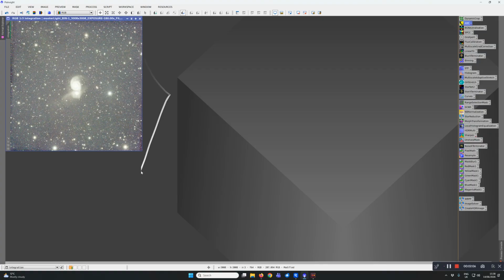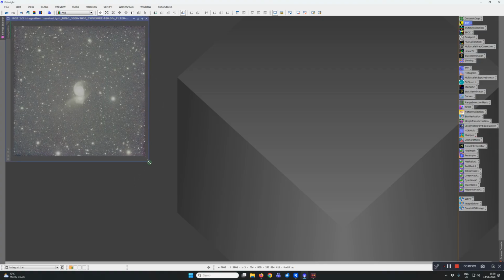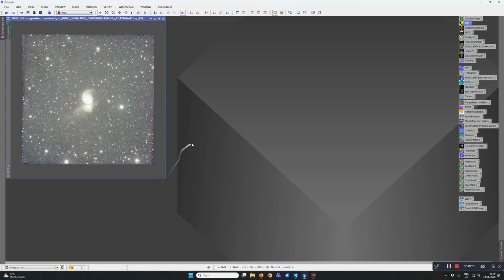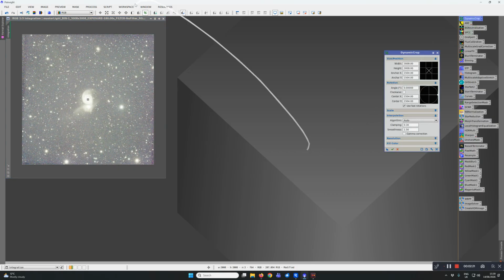So I'm just going to drag the window out so that we can see the full extent of the image. And then I'm going to come up to dynamic crop, and then just pull it in until I get rid of the stacking artifacts. I'm going to leave as much of the image as I can, but obviously remove the items that are going to create an issue when it comes to actually